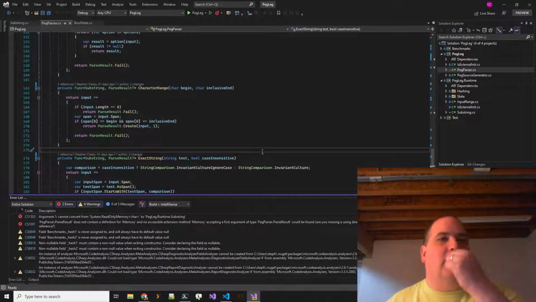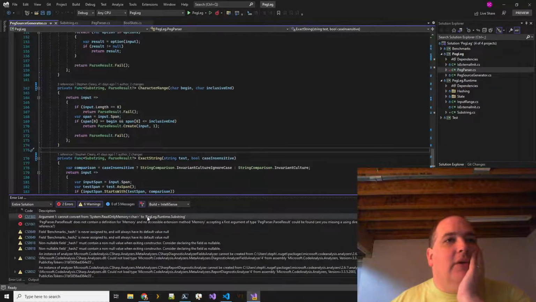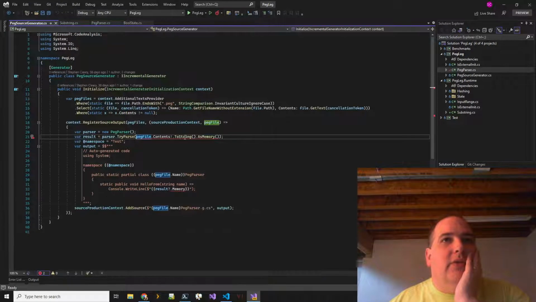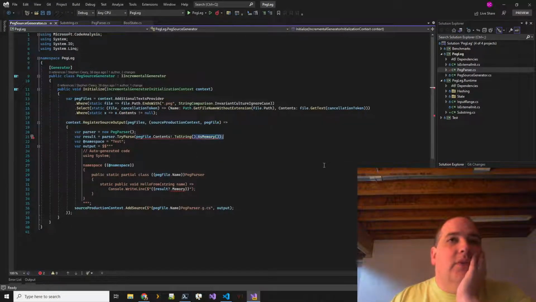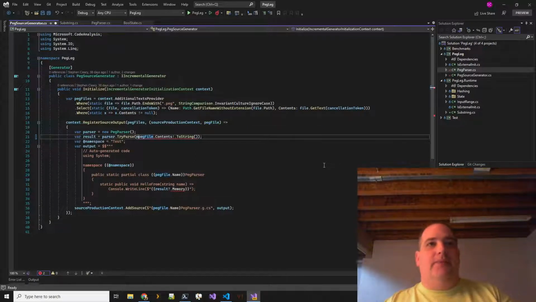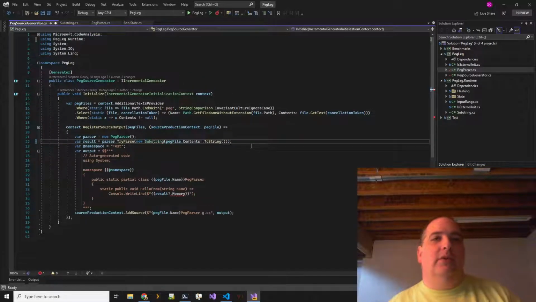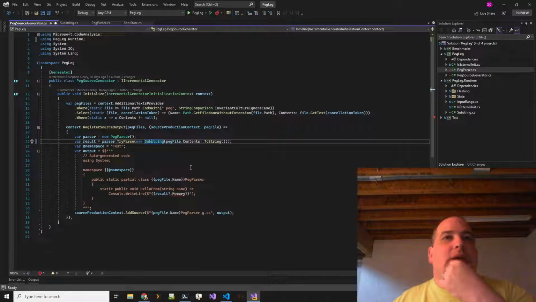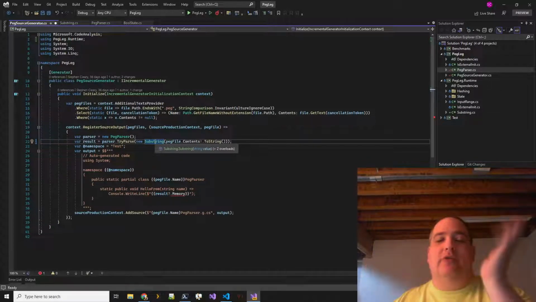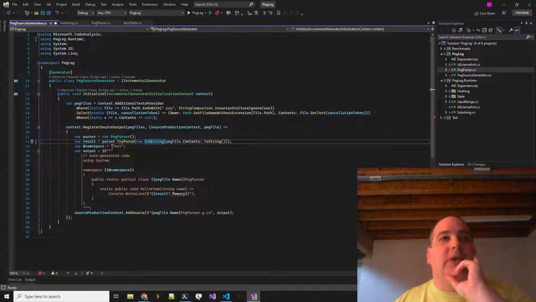Oh, right, because it's not going to pass in the first parameter correctly. So we've got this string. Could do an implicit conversion maybe, but I'm not going to do that. All right, so this should work for taking the string of the contents of the file, wrapping it in the substring, which now just represents the whole string, and that's what we use at the beginning of our parser.